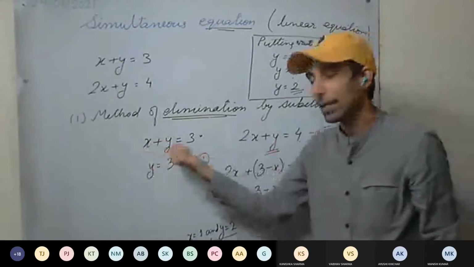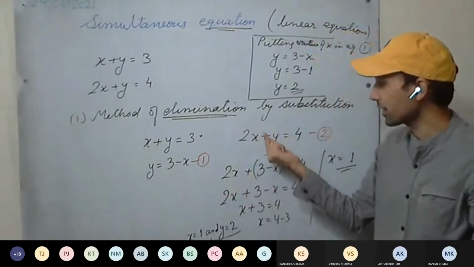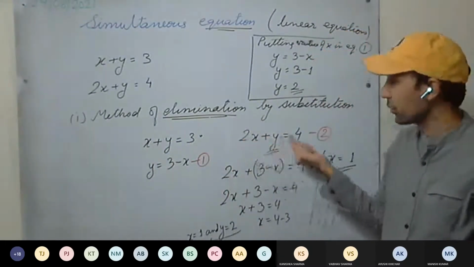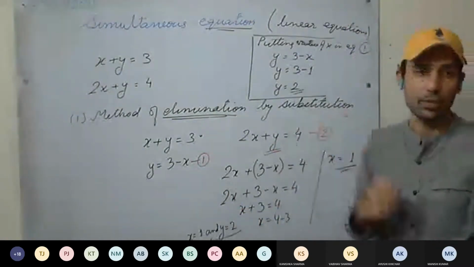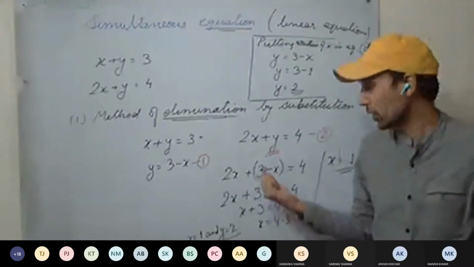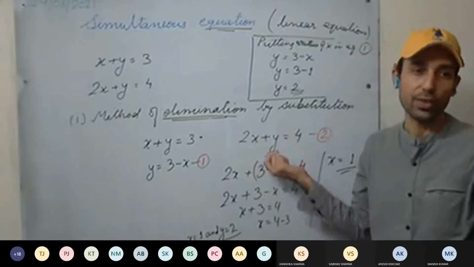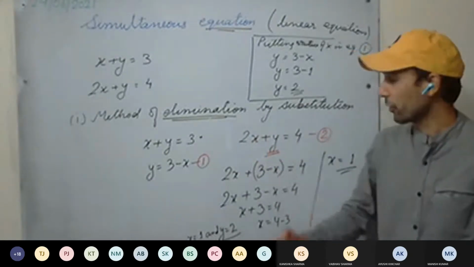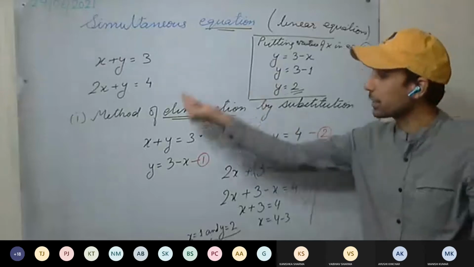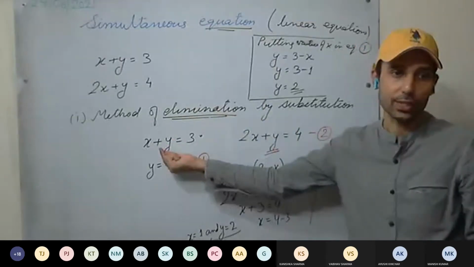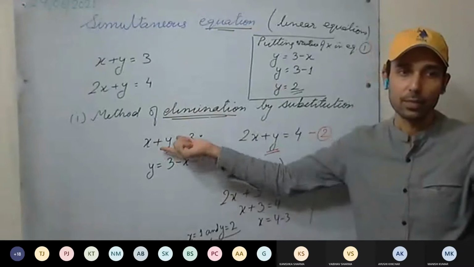You can do it with x as well. You can eliminate x here as well. In terms of y, your equation will be there. You will get the value of y, and then you can calculate the value of x. It's up to you. It's your choice whether you eliminate x or y, or whether you calculate the value of x in terms of y from the second equation and substitute in the first equation. That's all up to you.